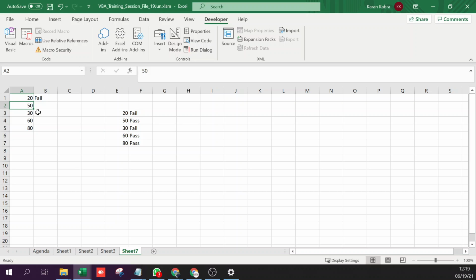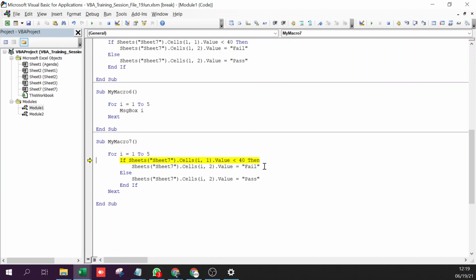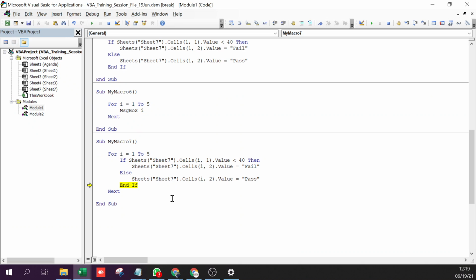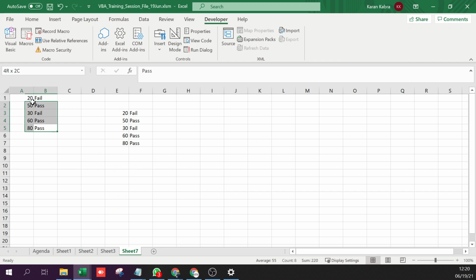No, it's 50. So will it go here? It won't. It will straight away go to else. It has given the value pass. Here you go. F8. If I don't want to run it line by line, I can even press continue. The entire code has now been run. You can see my fail and pass values here.